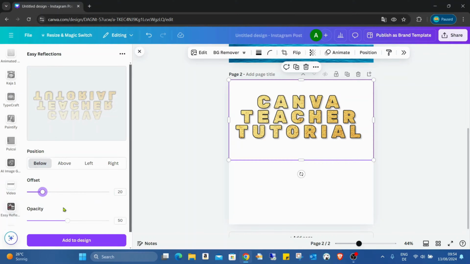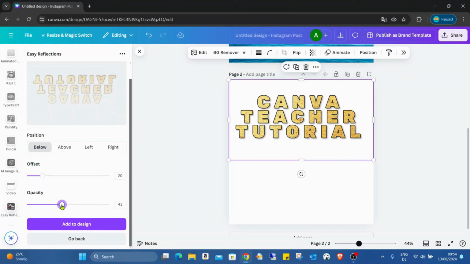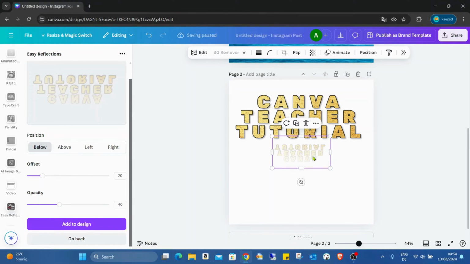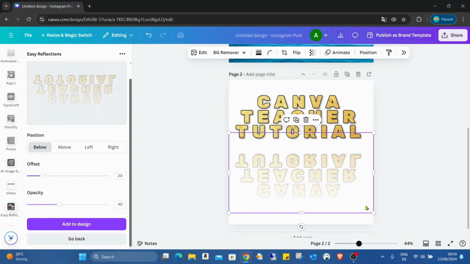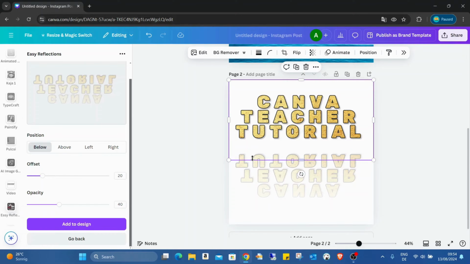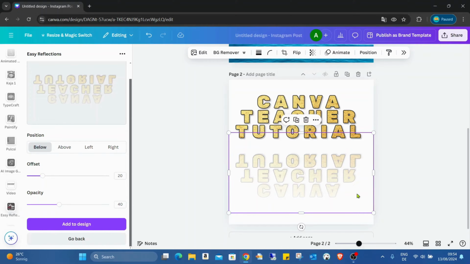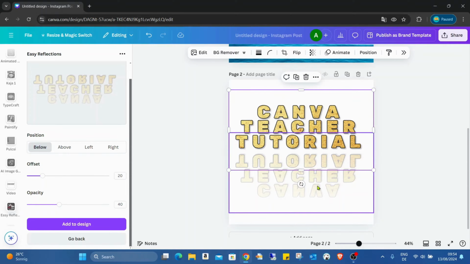The opacity, I think I keep it at 50, maybe I can move it down to 40, and add to design, and just have to scale it as the original picture was. Now that's easy for me because this picture is actually the width of the Canva, so I just have to increase this also to the same size. Then I can